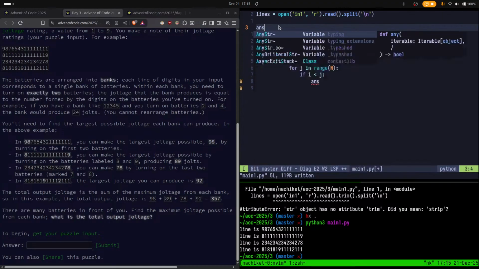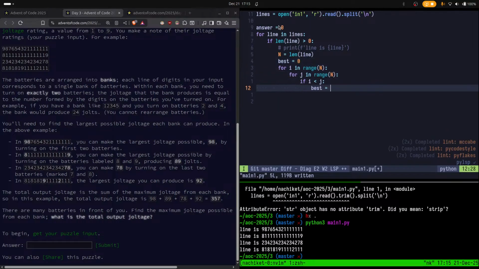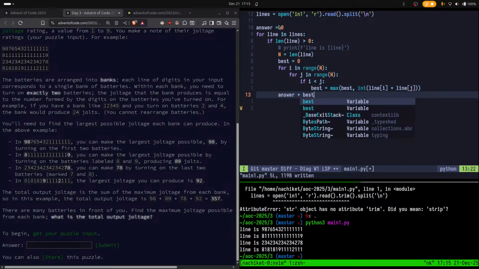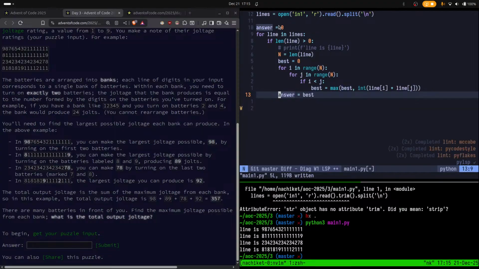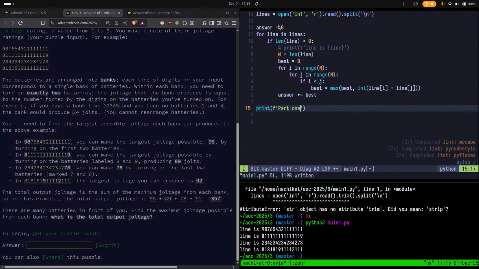So let's say answer is 0. Need to find the best number. Best should be the max of best and the integer value of the number formed when we take line of i and line of j, and at last we need to add this particular value to the answer. And part 1 answer is